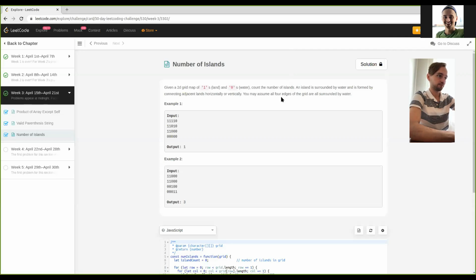Today's question, I had seen probably like a week ago. I was going to do this problem, number of islands. It's like a medium one, and it was one of the harder mediums. It has like a 30% acceptance rate for submissions. So I knew what this question was when I clicked on Explore for the day, and I knew I wouldn't be able to solve it in under like